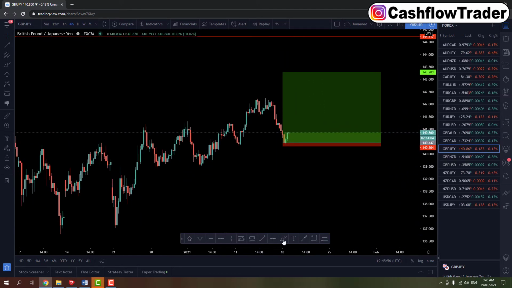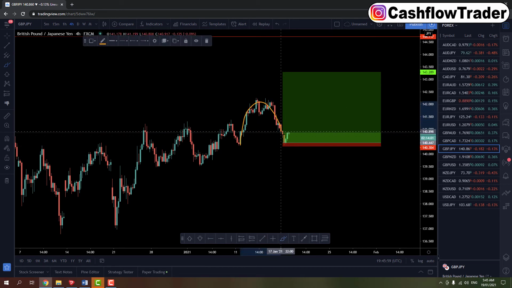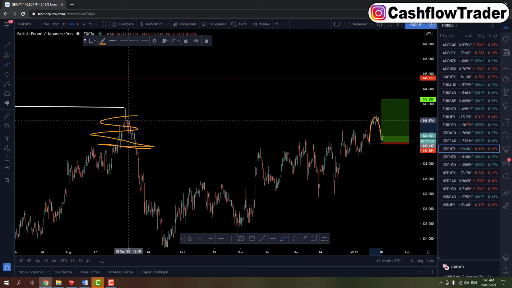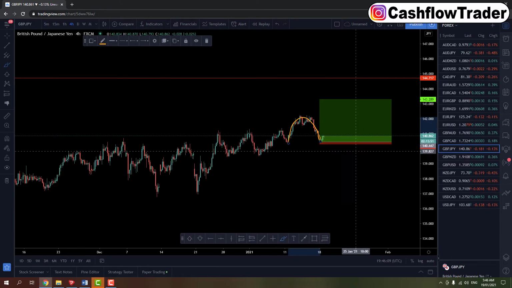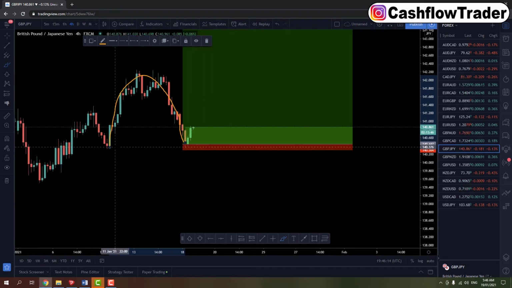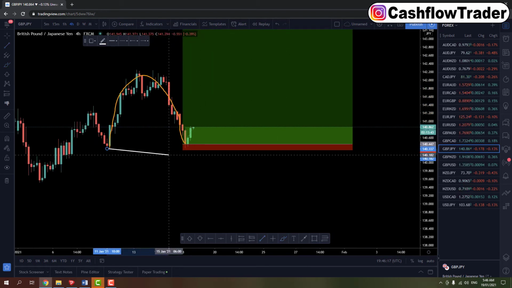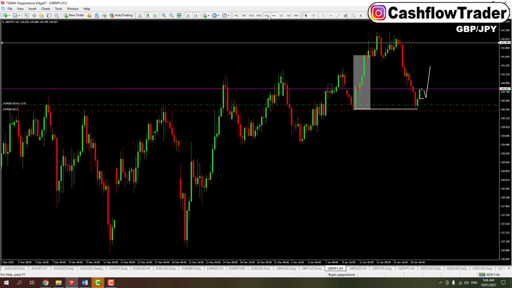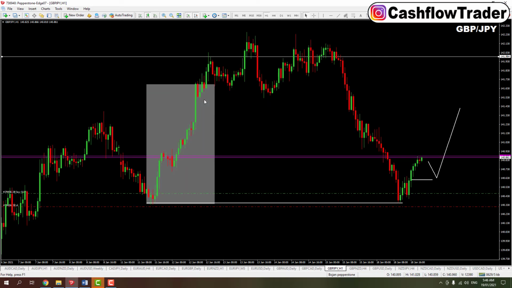So finally we have our first higher high. And then obviously we didn't create a new higher high compared to this high here. So therefore we're going back to where the run started, which is back to these levels, which is back to here. So back to MetaTrader. So that's why I set up my pending order to buy here and a stop loss there, because this is where